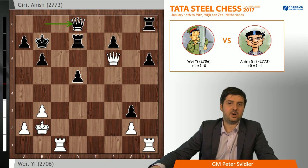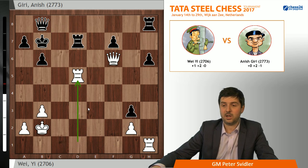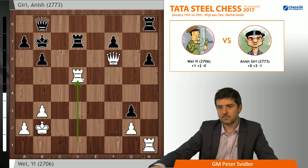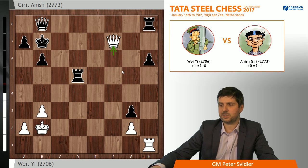But that was not Wei Yi's intention. After king b7, he blitzed out rook takes d5. It's important to know that both players were down to less than 10 minutes here, and they weren't in horrible time trouble, but still all of these decisions were taken on very, very limited time, which makes them even more impressive. In this position, rook takes d5 is strictly the only move that doesn't lose, so you have to do this. And after queen takes f7,